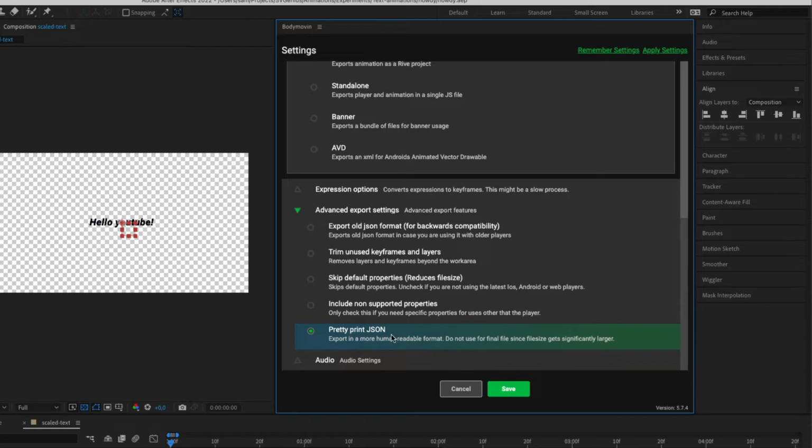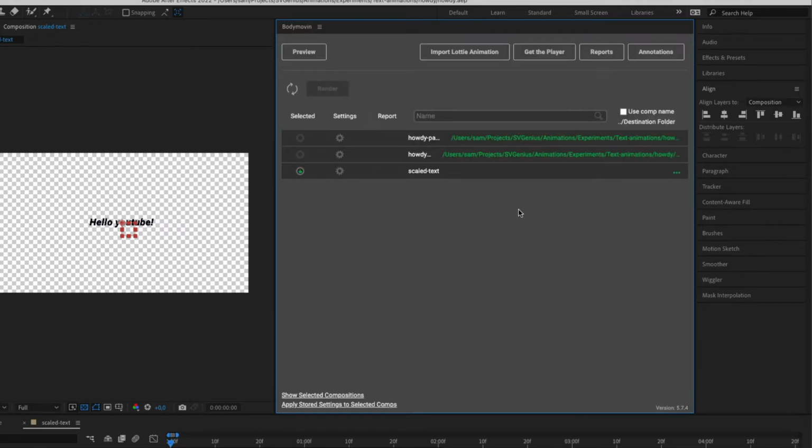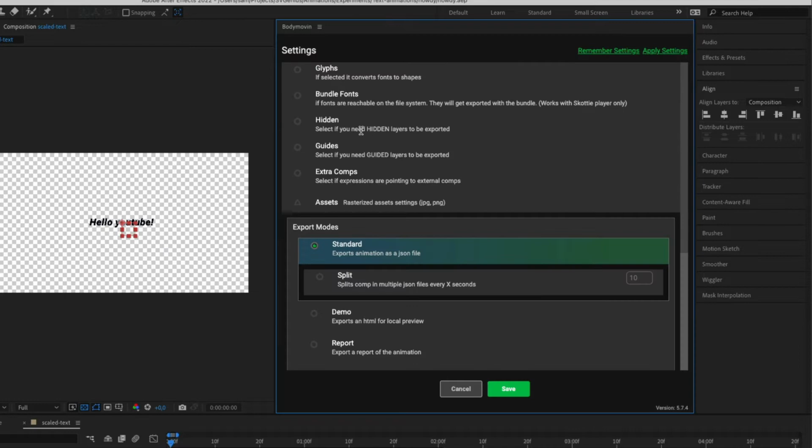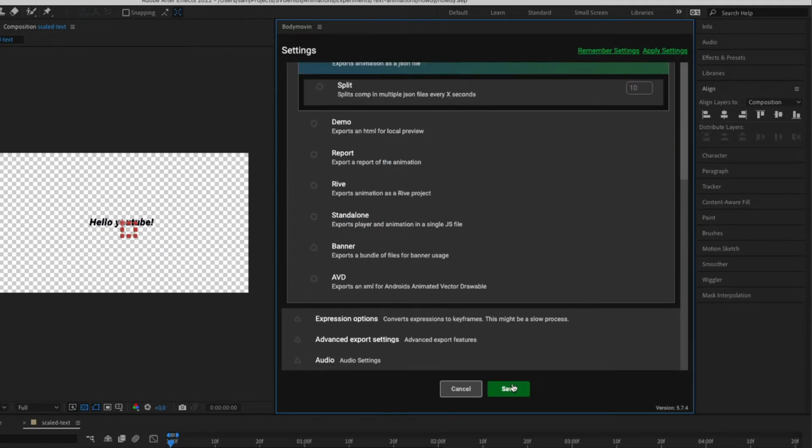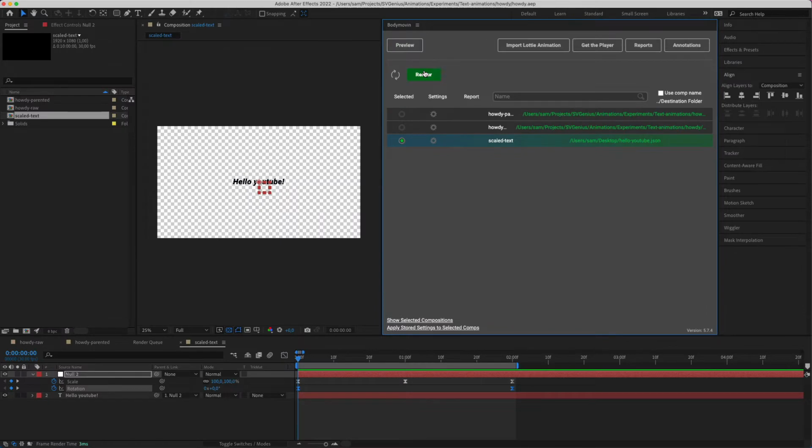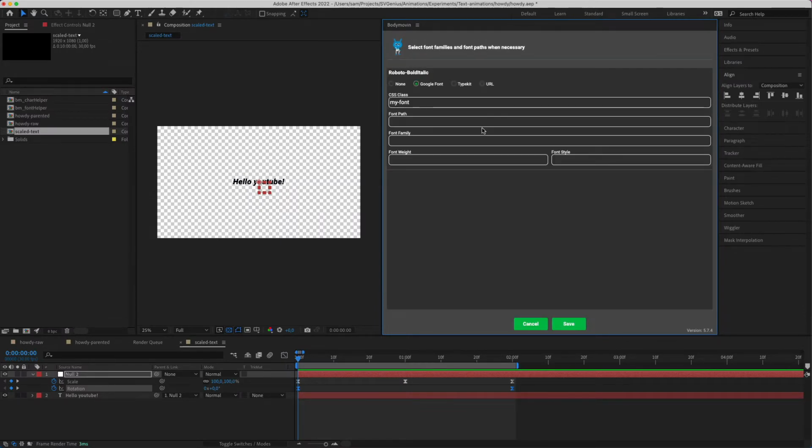But once everything is done, if you're using it in production, you should re-export this animation without the pretty print, because it'll make it larger. But for now, I'm just going to do that. So just remove the glyphs, and yeah, remove glyphs and pretty print. Okay, so I'm going to render out, and then this